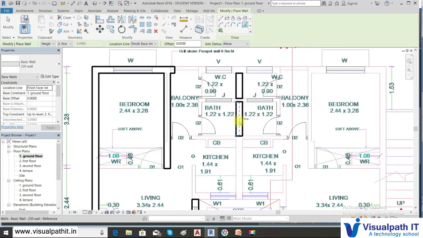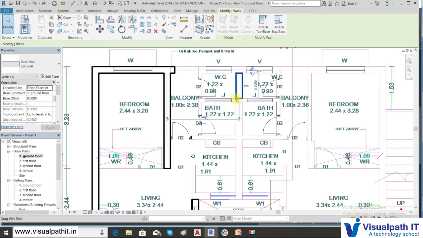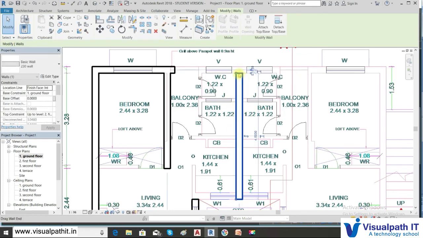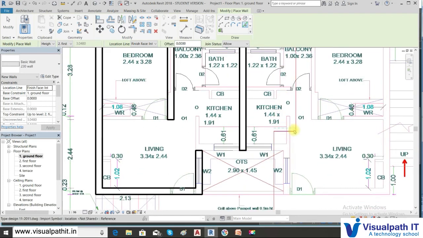Now you see there's a split here. Okay, so instead of doing the split, what you can do, select this and drag the wall. Pick the corner and drag this. Similarly here also. So again you go to architectural wall, click the pick option, see whether the 230 wall is selected, and then use the pick option to draw this 230. In this way, you will continue drawing this.